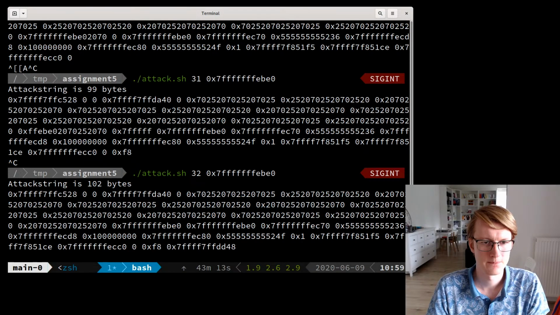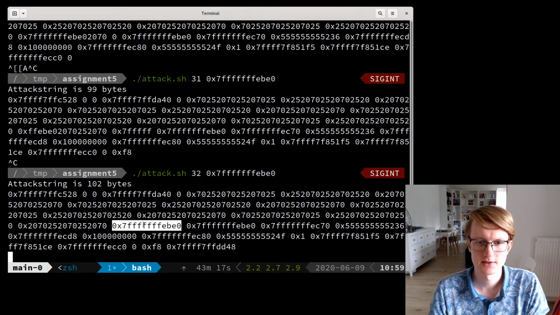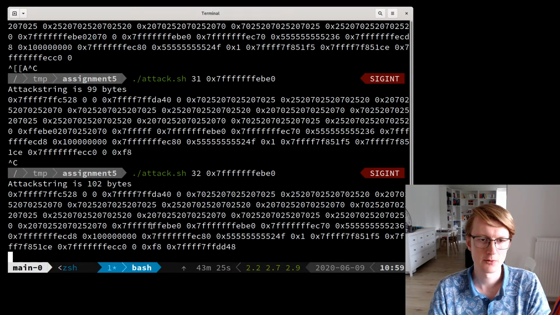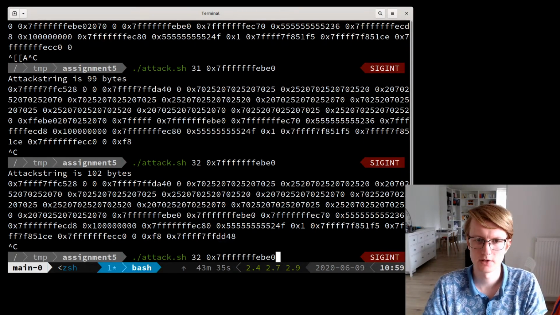32. What do we see? We have now got this thing in a nice place. And we see that that took 102 bytes. It's useful to keep track of that. But of course, we are still even before the original version of that place. But we can try to overwrite exactly itself and then it won't do anything. But